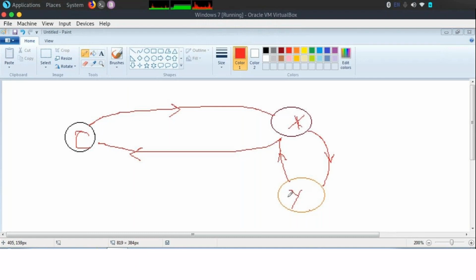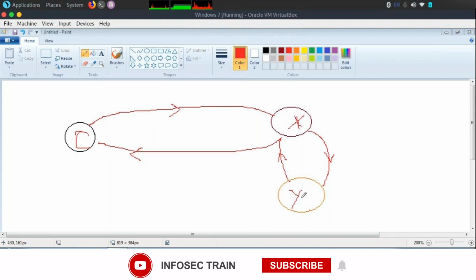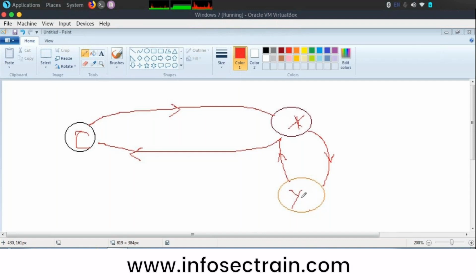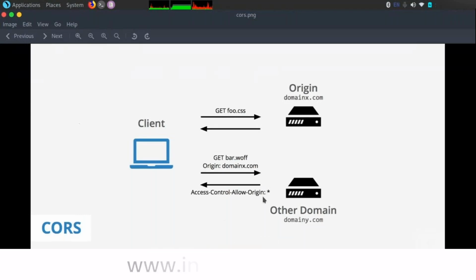Okay, so for example, consider this domain Y having a login. If it has a login, it has user data, login ID and password. Even if it does not validate anything, if domain X asks for something, it will share all the resources with the other domains if Access-Control-Allow-Origin is star. This domain Y will share all the resources with any other